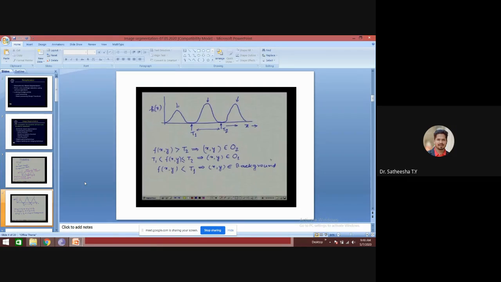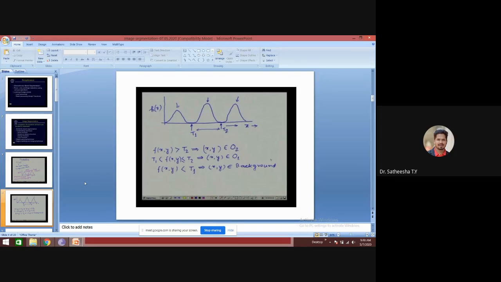So all the pixels having intensity value greater than T2, we will say that they belong to object O2. In other case, if the pixel has an intensity value in this region, that is greater than T1 and less than T2, then we will say that this particular region belongs to the object O1.